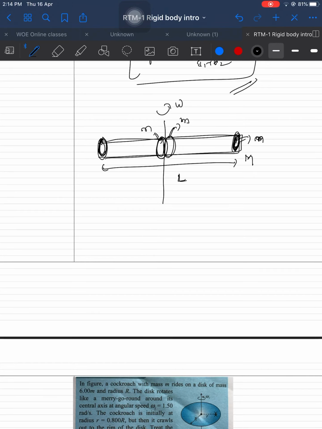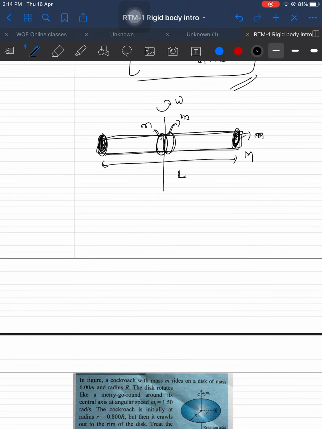What is the angular momentum? If you see this question carefully, no external force acted on the body. You may ask, sir, there is a force on the beads, that's why they have gone outwards. Yes, they have gone out because some force is acting outwards, but a similar force is acting inwards, so net force is 0. So we can balance the torque about the center of mass.